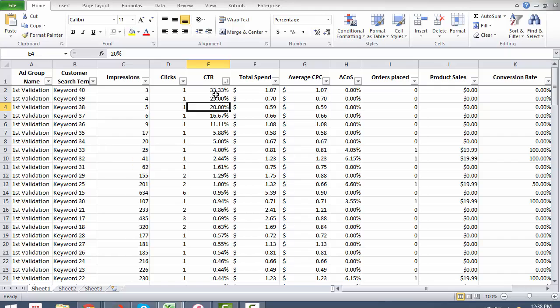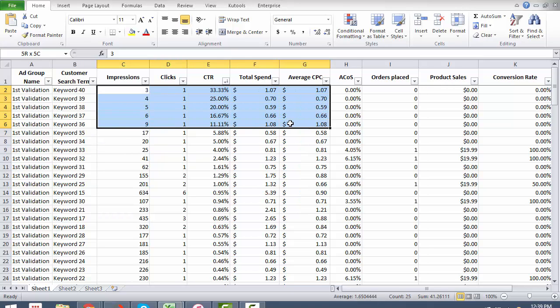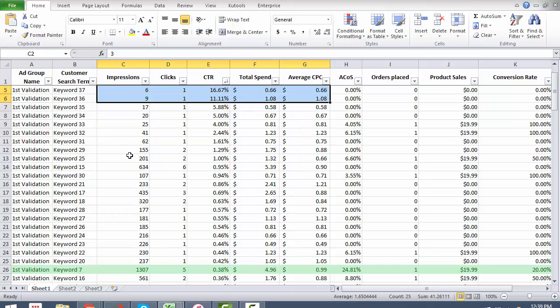So we're just looking here at the click-through rate, the keywords that had the highest click-through rate, and see these right here, all these impressions don't even have over 10 impressions in a click. These are kind of invalid just because there's not enough data. Like, who knows what these keywords could do. But once you get up to like